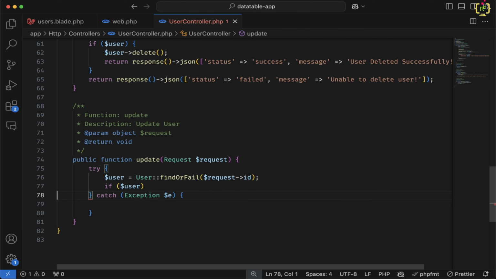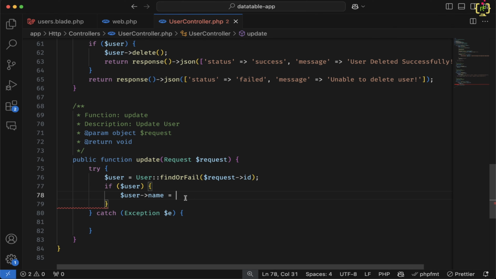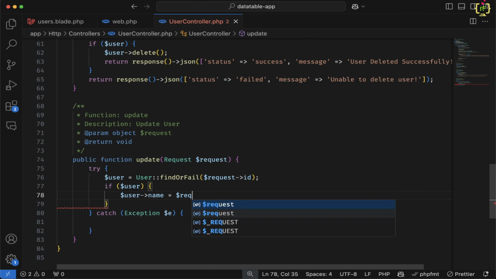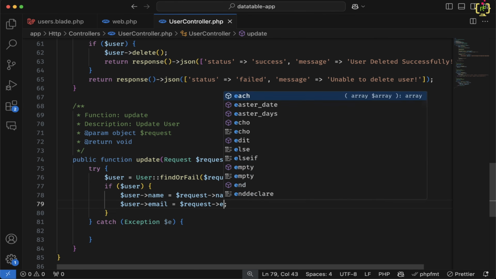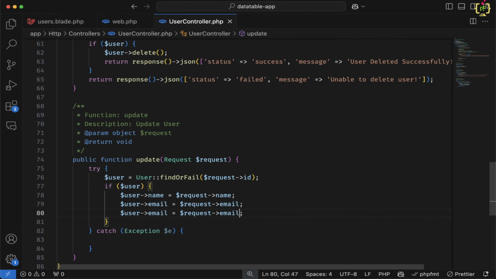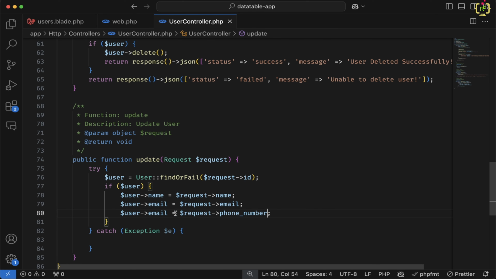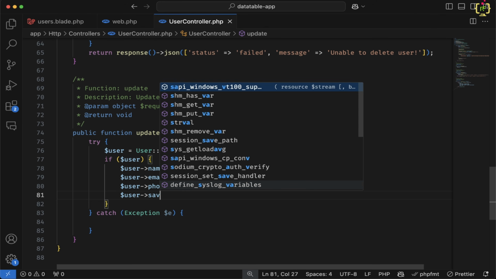If we have $user, then I will update the user fields just like name, and this I will update it from request object name field. Okay, so I will write request name. Same thing for email, and lastly we have the phone number field that we are getting from this phone number. Okay, and here I will use eloquent save function,